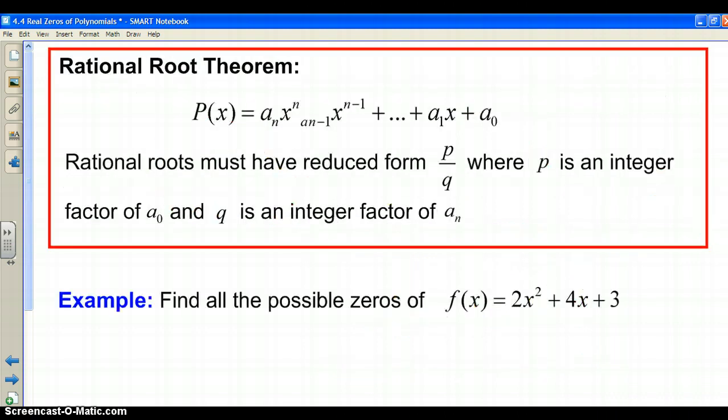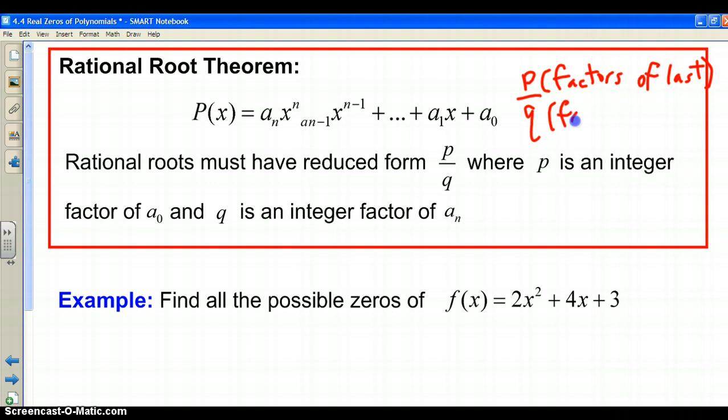This looks like a really, really complicated theorem. And you can try to understand this, or once you start doing this, it's actually a very easy theorem, but it looks so complicated when you look at it in this form. You have to get this idea of P over Q. So P divided by Q, where P represents the factors of the last term,